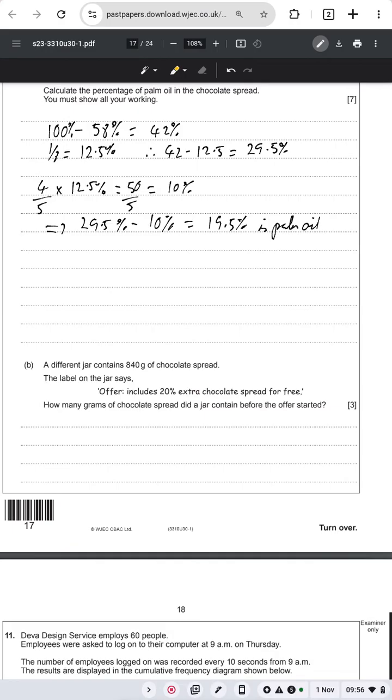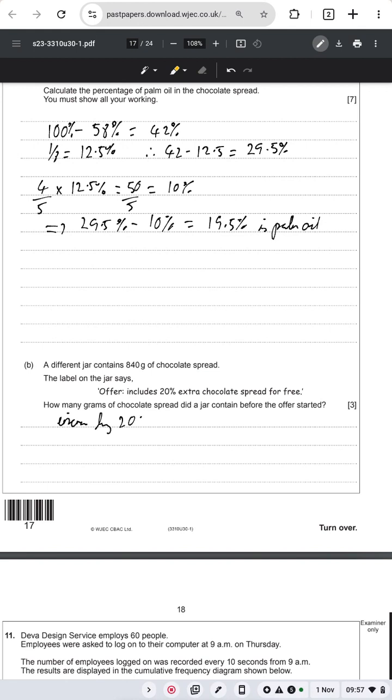A different jar contains 840 grams of chocolate spread. The label on the jar says offer includes 20% extra chocolate spread for free. How many grams of chocolate spread did the jar contain before the offer? So, increase